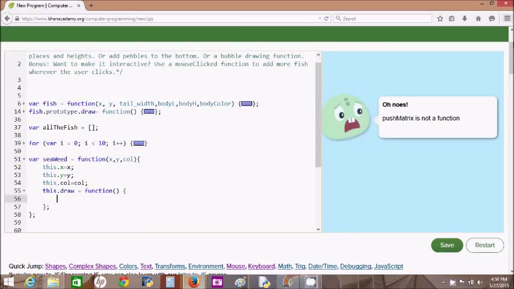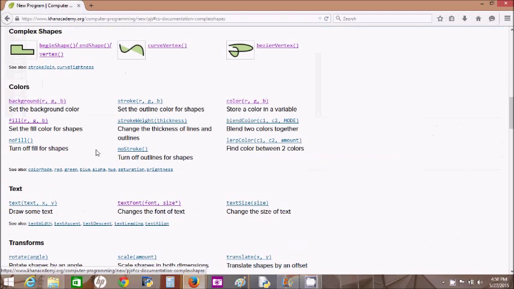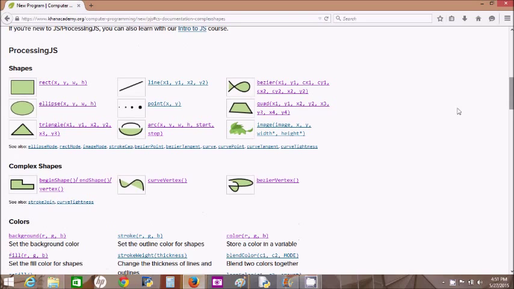If you don't know what that is, you can check out the documentation. It's probably under complex shapes. I could use begin shape and end shape and Bezier vertex, but I was thinking more simply to just use Bezier curve and